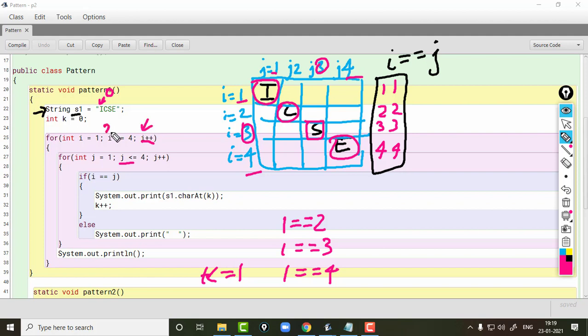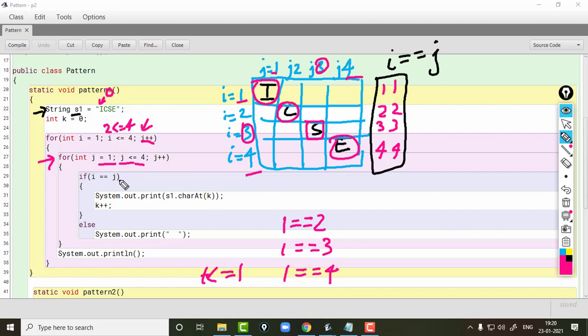I will become 2 now, 2 less than equal to 4. Control comes inside because the condition is true. Now again the loop will start from 1, J will be reinitialized with 1, and the condition is J less than equal to 4. That means the loop will run 4 times again.